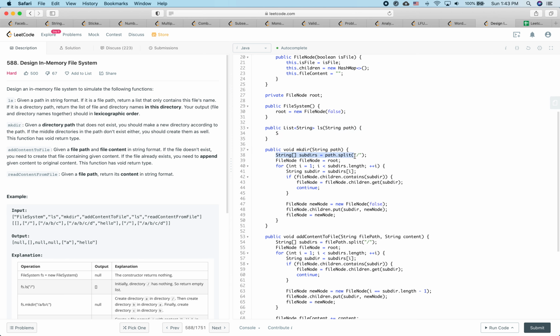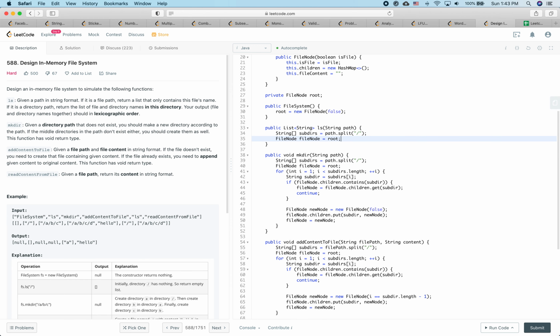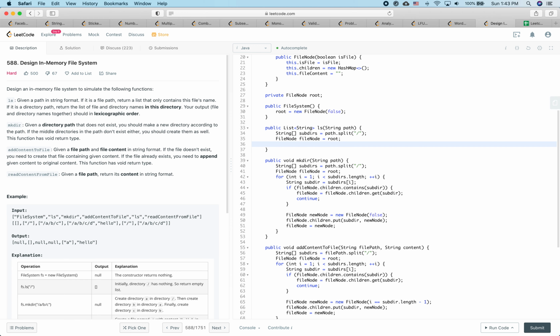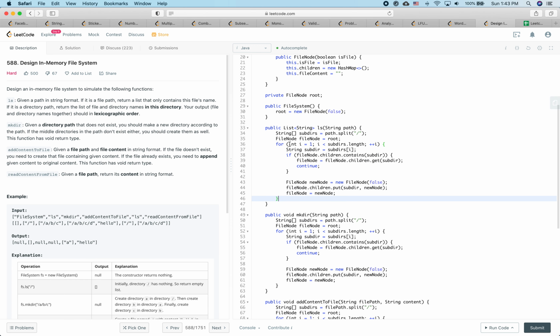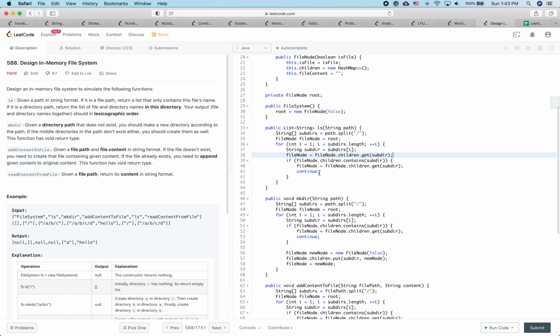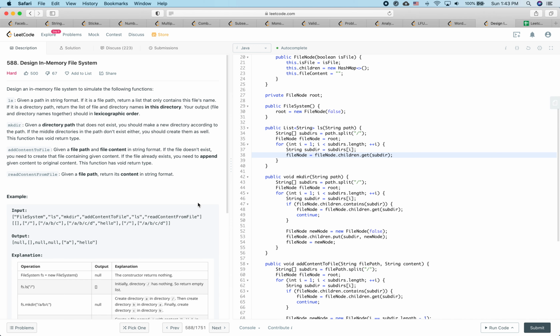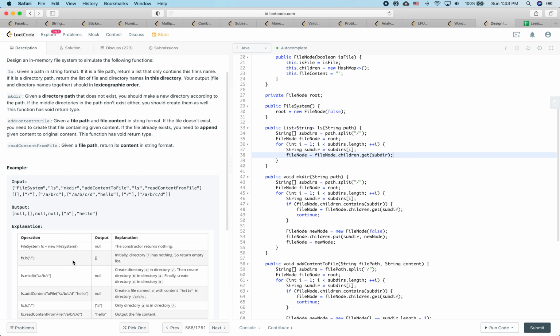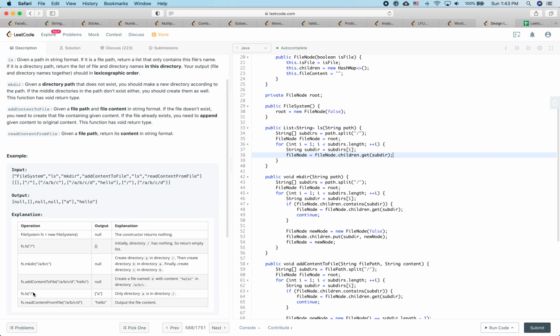For the ls, it is still similar things. We are going to do similar things like this. So for ls, we don't need to care about the creation because it's for sure the path exists. So fileNode is, okay, so we just go to the corresponding directory. So let's take a look at this one. If ls is a //, then